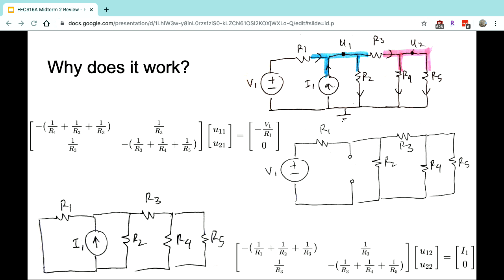If we do our superposition circuits, you'll end up with equations with terms that you're solving for, which is x, which is equal to something due to the voltage source, and then the same thing when you apply the current source. Because we know that the currents and the voltages are linear, we can add these terms together. So your final expression should be in terms of U11 plus U12, and also U21 plus U22.